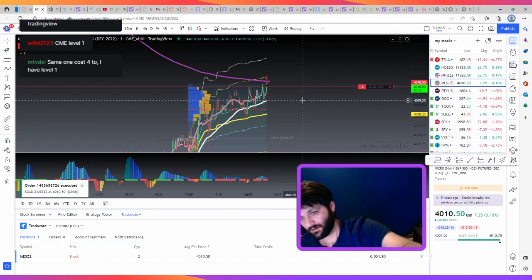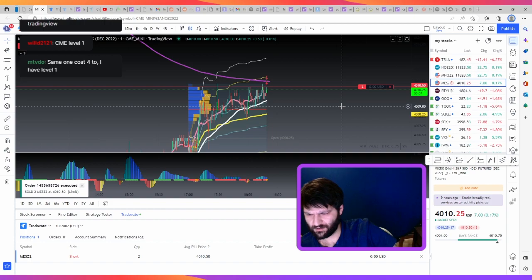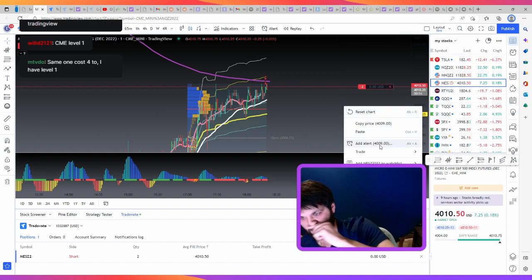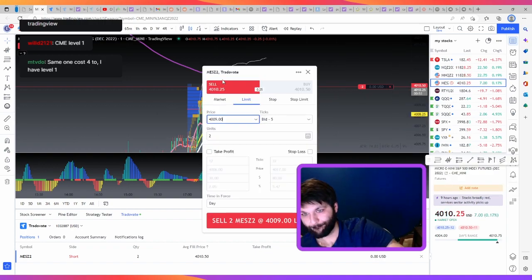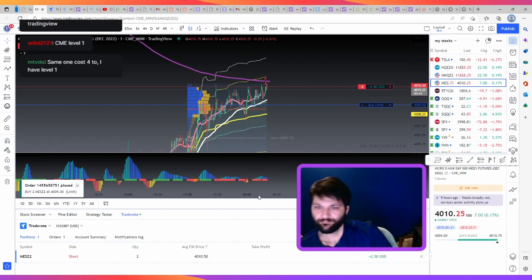And then, order filled. So we got our fill this way. What I'm going to do, and this is because these are so close, this is our point of control on our volume profile. I'm going to go ahead and put my exit there. Okay. Now, so that's $1.50. So it's not going to be quite $2, but I'm okay with that.